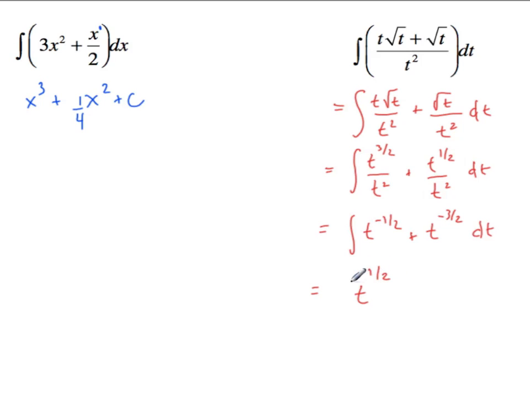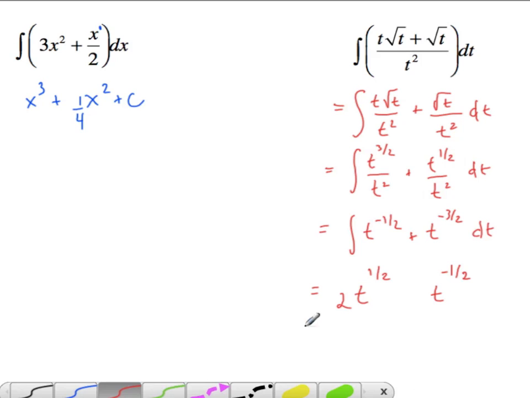So when I bring that half down, it has to become a 1. That's a 1 right there. So bring the half down, that means it needs to be a 2. Plus t to the minus 3/2 plus 1 is minus 1/2. When I bring down that minus 1/2, when I take the derivative, it needs to become a 1. So minus 1/2, so this must be minus 2